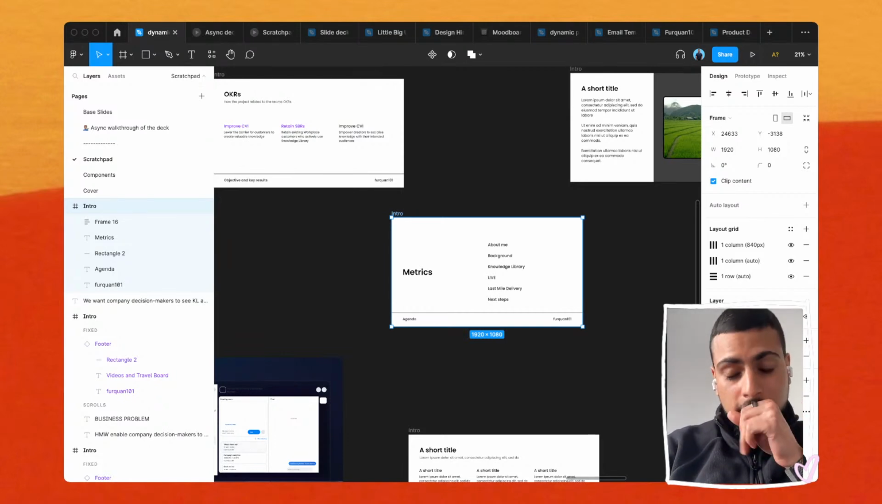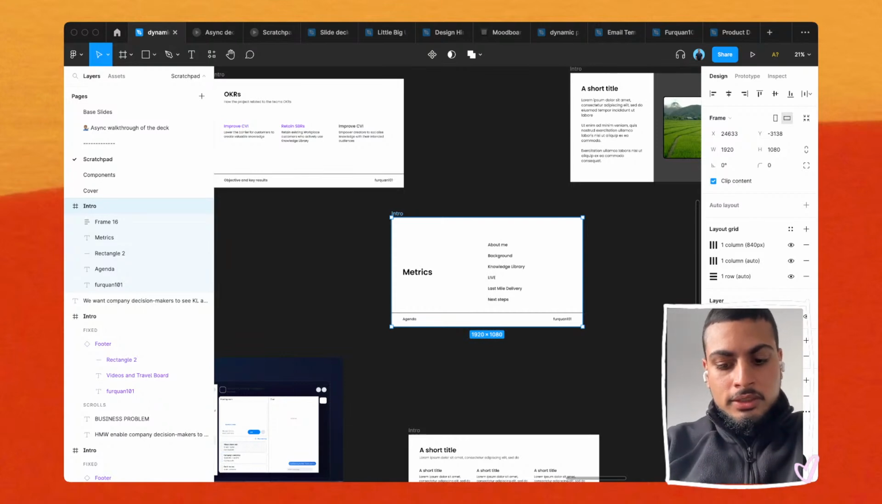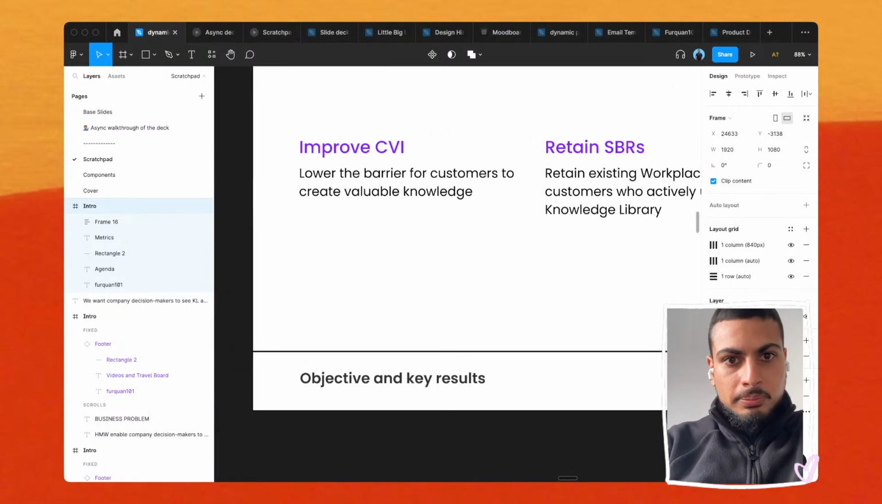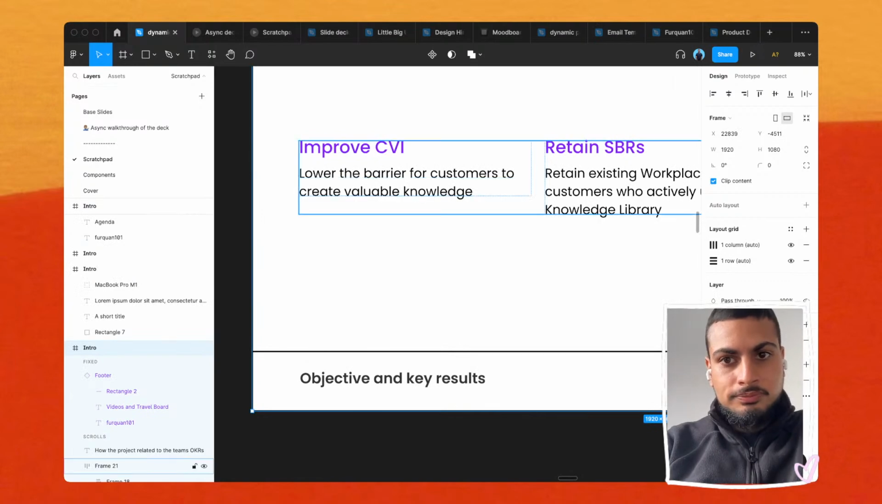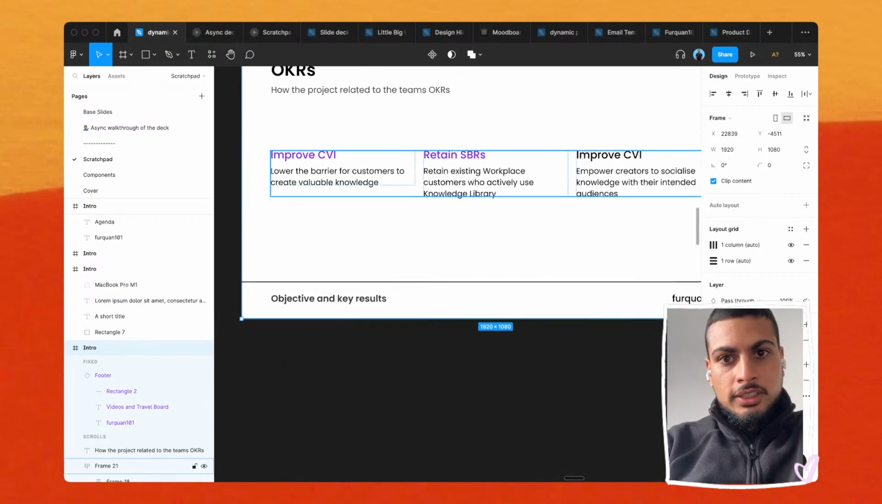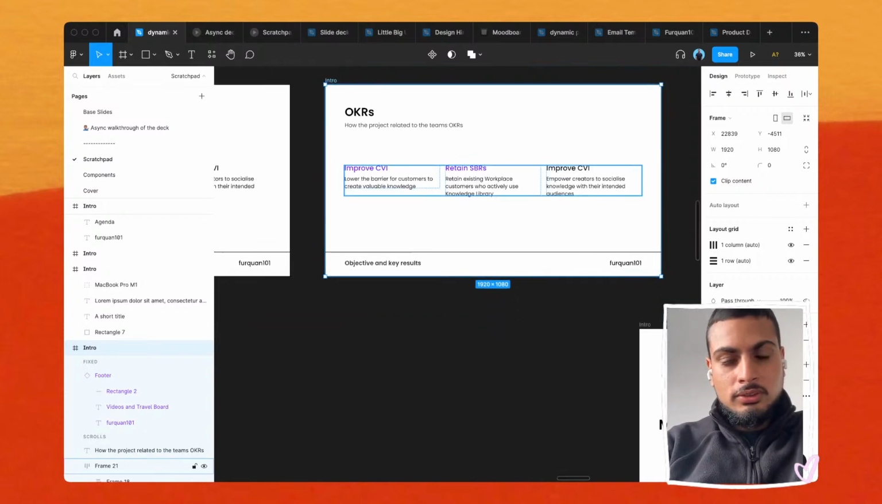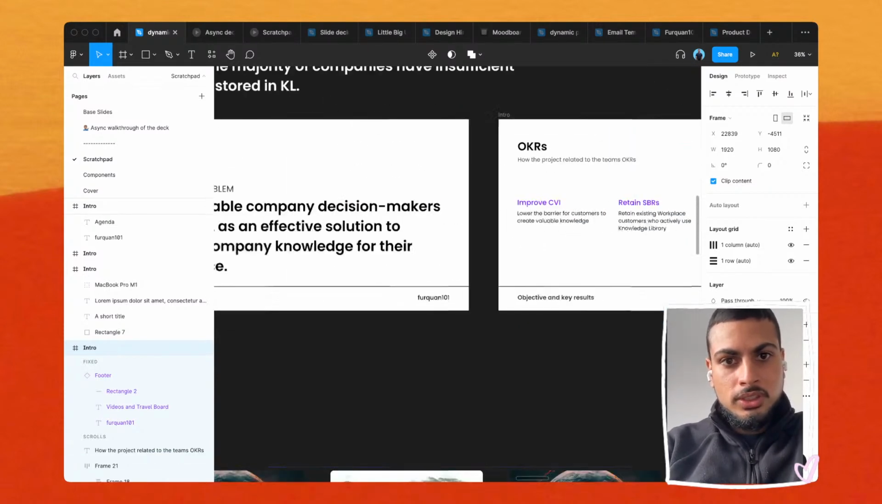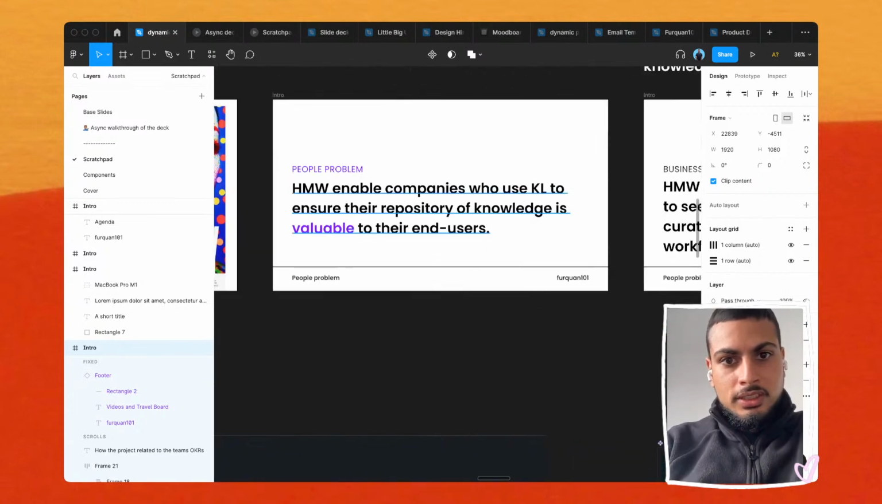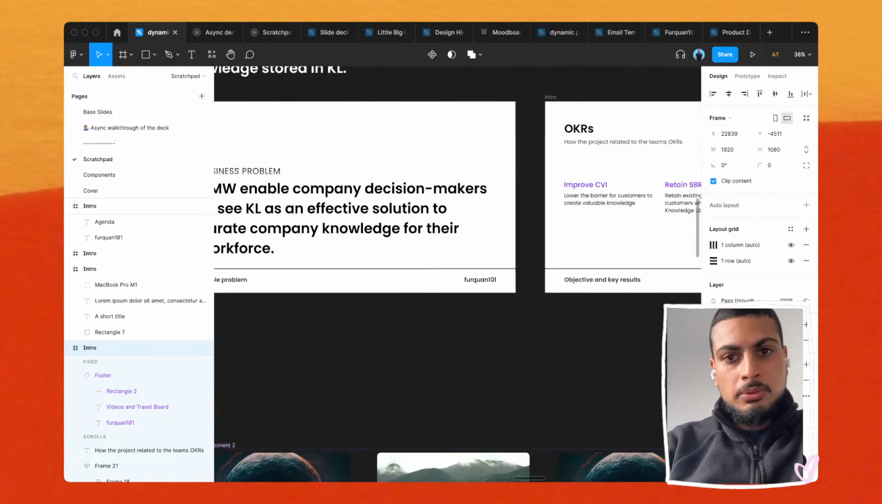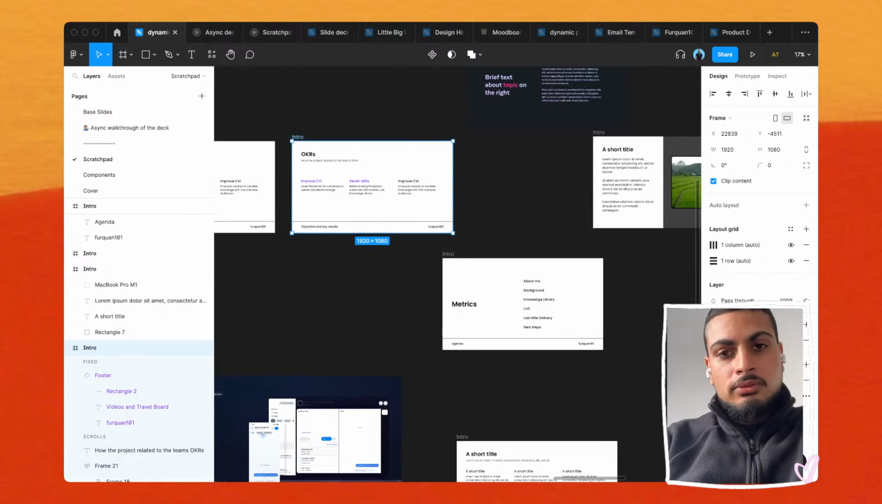So success metrics are defining, okay, this project has met its goals well, and for this project it could be things like, if you remember, I wanted to lower the barriers to create valuable knowledge, retain existing customers who actively use knowledge library. So these are some of the goals, and the problem we're trying to solve is people are creating valuable knowledge. So metrics around this could be